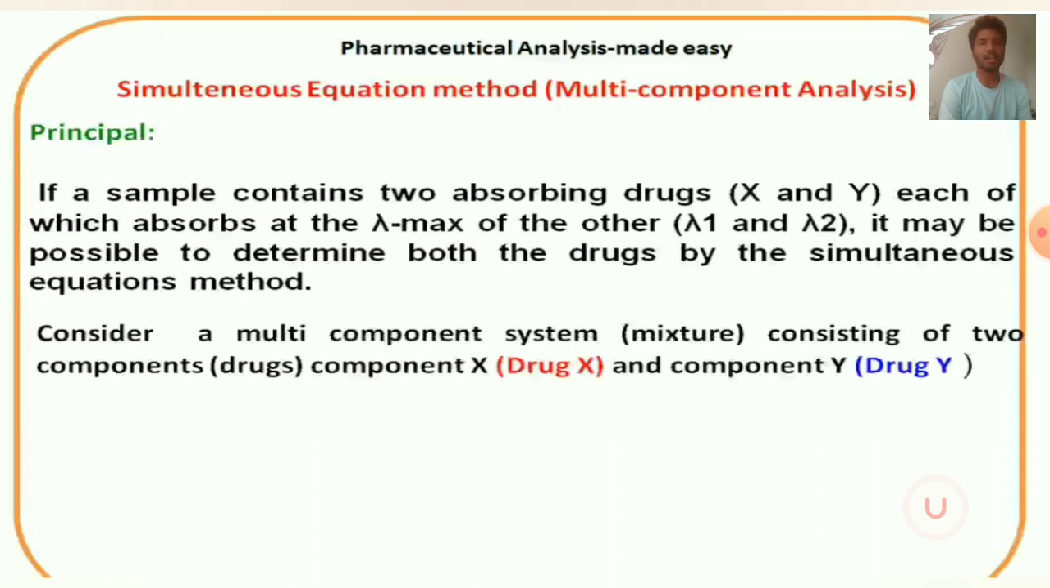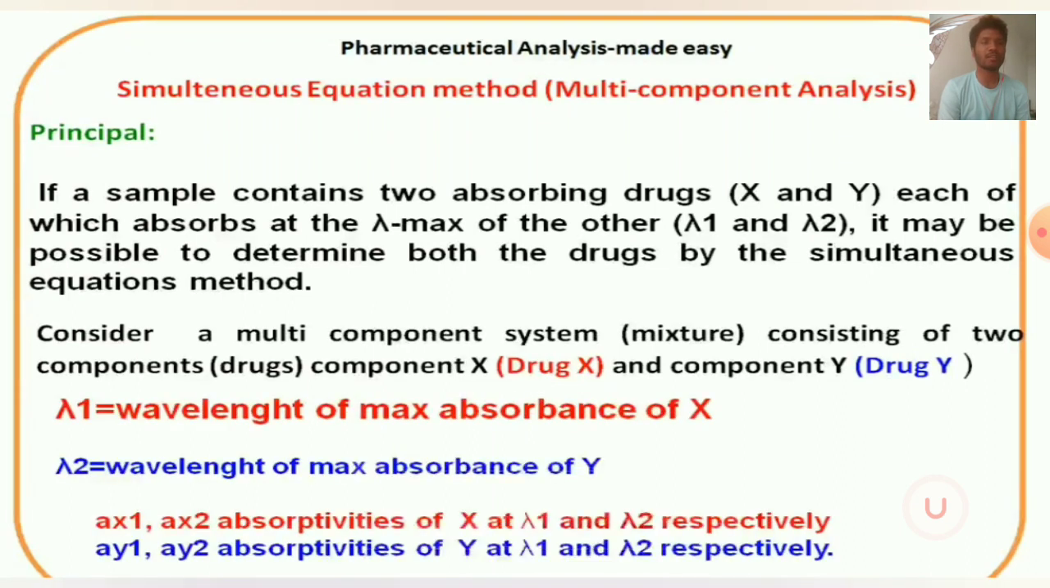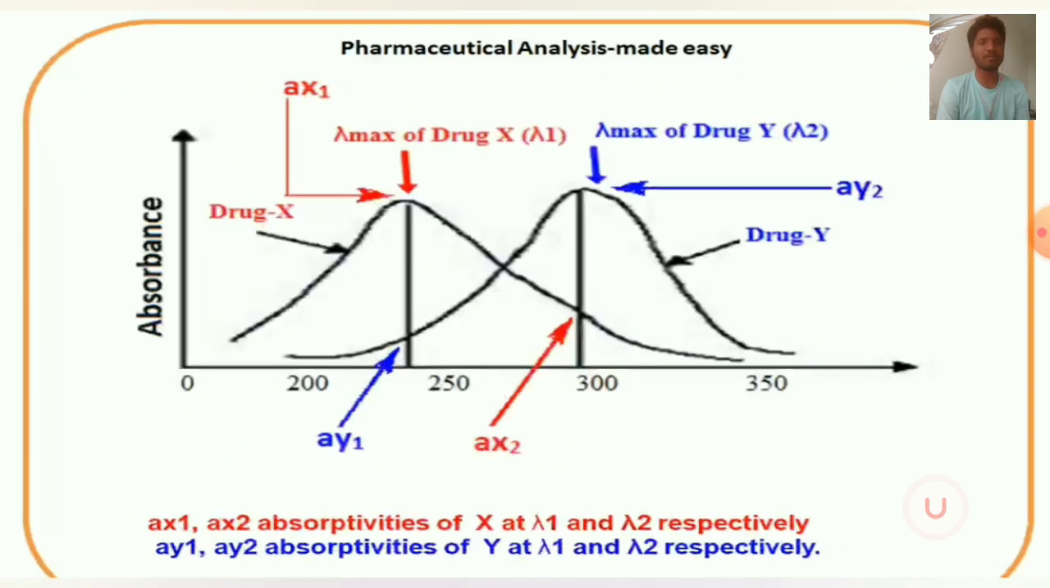Now consider a multi-component system, or a mixture, consisting of a two-component drug: component X as drug X and component Y as drug Y. Lambda 1 is the wavelength of maximum absorbance of drug X and lambda 2 is the wavelength of maximum absorbance for drug Y. Similarly, AX1 and AX2 are the absorptivity of X at lambda 1 and lambda 2 respectively, and the same for drug Y. As you can see in the graph,